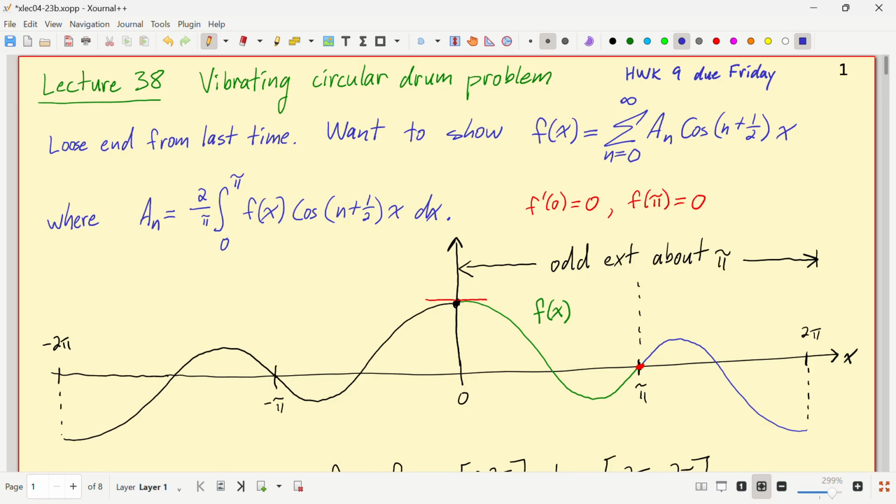There was a loose end last time. I mentioned that I was solving a hot wire problem. There was a hot wire problem I was working on. It was a wire stretched from 0 to pi along the real axis, and I was keeping the right end point at pi at 0 degrees. But the left end point was only known to be insulated, so no heat flow across that left edge.